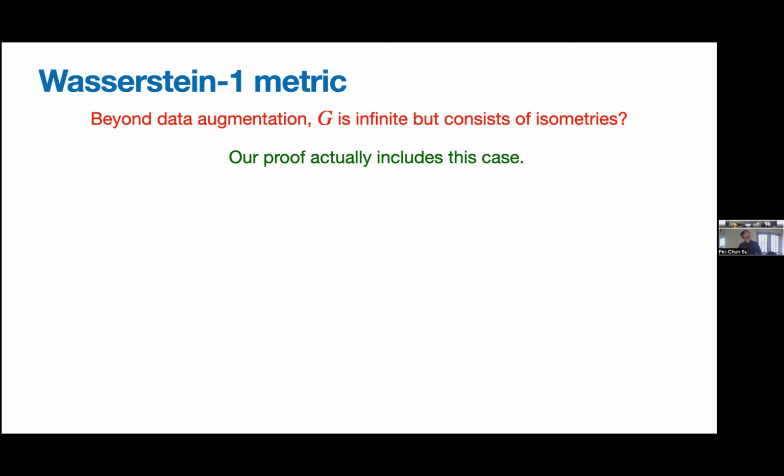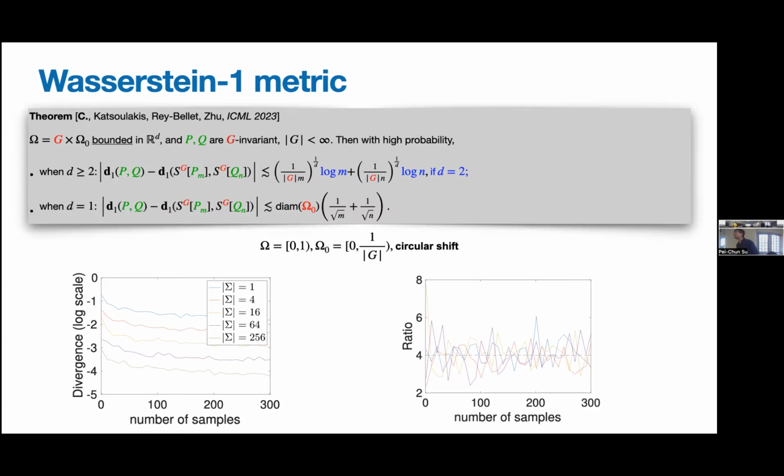Should the ratio converge to 4 as you increase the number of samples? Yes, because the ratio is between these two group sizes, and the whole domain is fixed. According to the bound, the ratio only reflects the diameter of the quotient space. So no matter the number of samples, it is a non-asymptotic result.